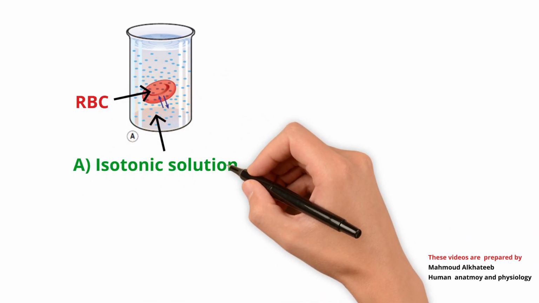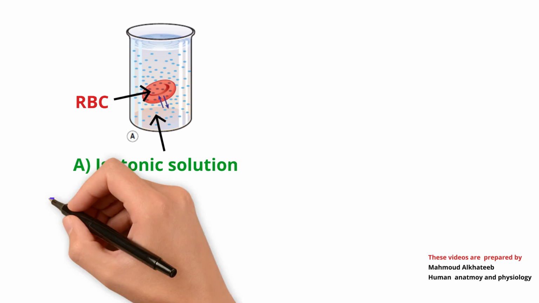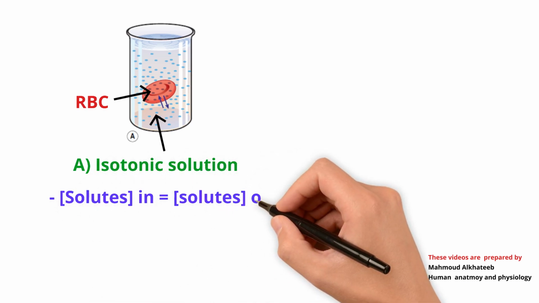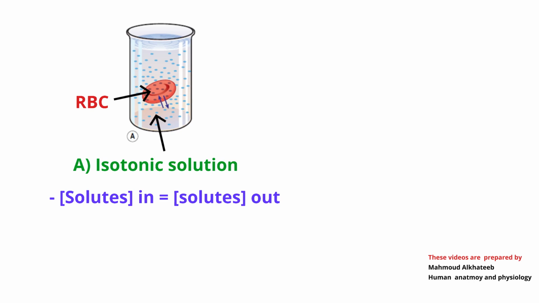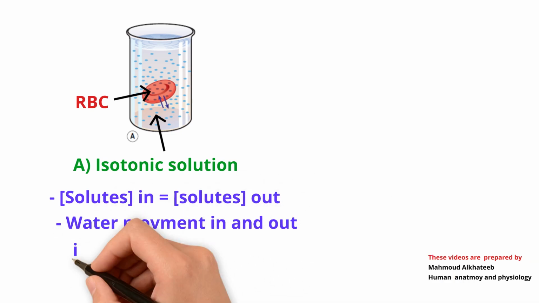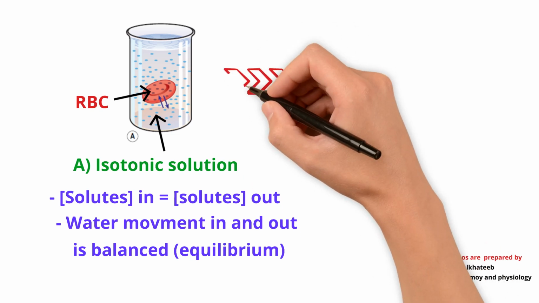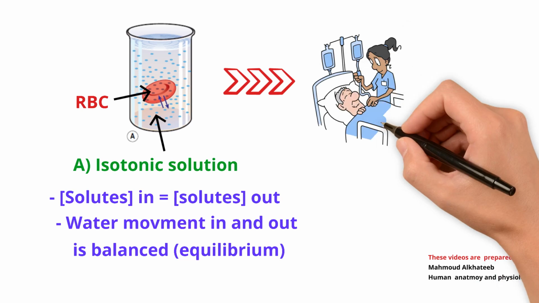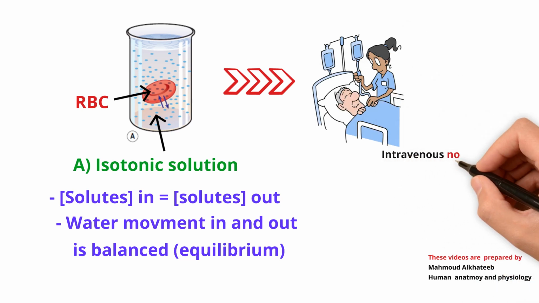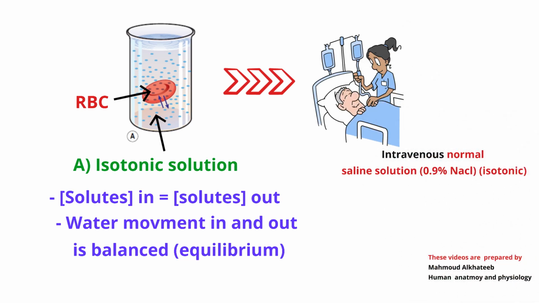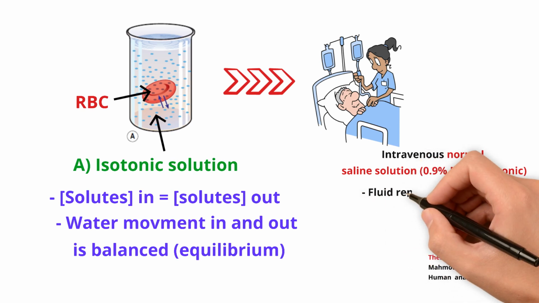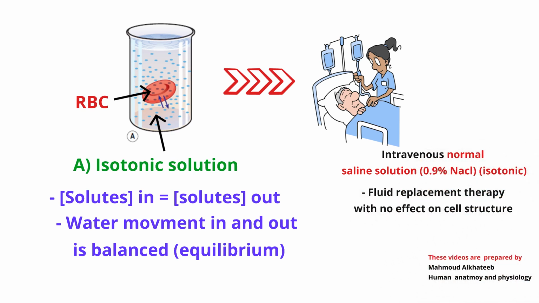As shown in this image, a red blood cell is floating in a liquid environment. In this case, the solution surrounding the cells is an isotonic solution. This means that the concentration of solutes outside the cell is the same as inside the cell. Therefore, water entering and leaving the cell is balanced and the cell stays in equilibrium. A good example for this situation is when you're sick and receiving an intravenous normal saline solution in a hospital, which is normally isotonic. This normal saline won't cause your cells to shrink or swell, keeping you in a stable state with healthy cells.